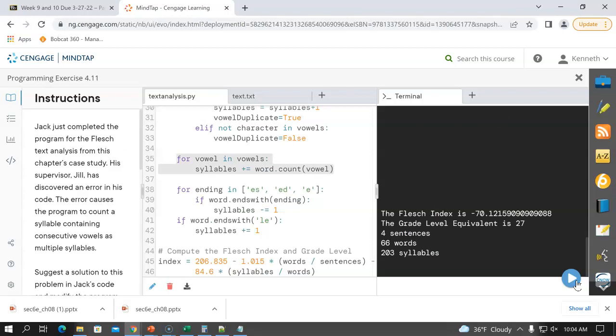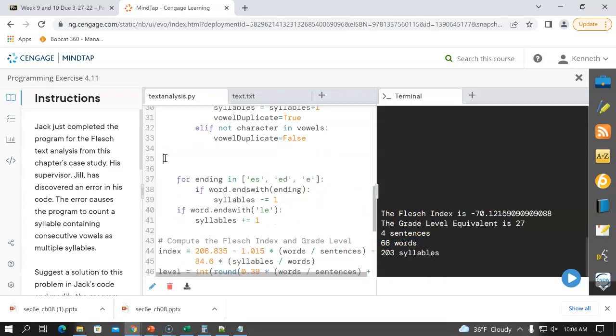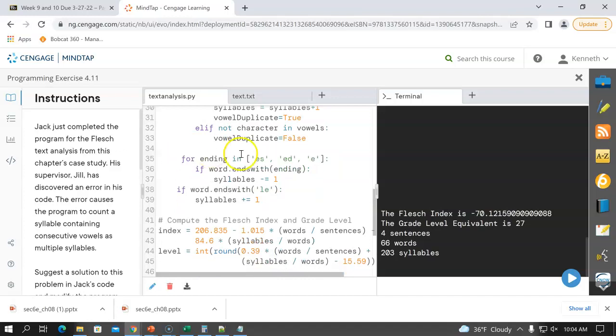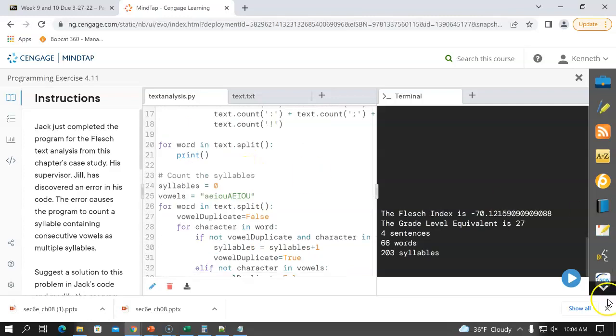Oh, wait a minute, hold on. And because we duplicated that effort, now it says we have 203 syllables. So clearly we've got something a little off there. So I'm going to delete this out because we just replaced that with a little better, hopefully a little better way of detecting that. So if I run it again,